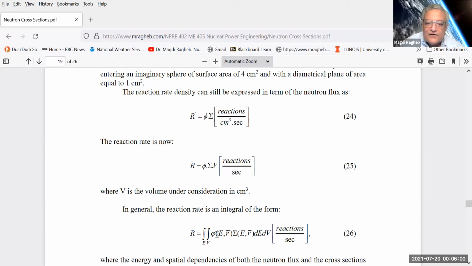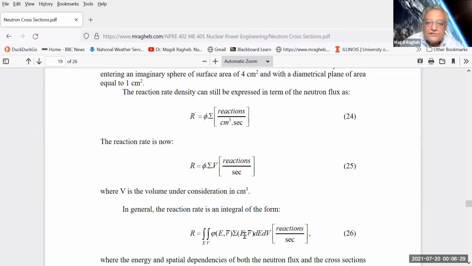But the flux, in fact, differs from one point of the nuclear reactor to another. So the flux is a function of the position in the reactor. Near the center, you'll find that we have more reactions occurring than near the periphery of the reactor. And the flux also depends on the energy of the neutrons. The same for the macroscopic cross-section. It depends on the position of the reactor, whether it's in the fuel or in the moderator, and it's also